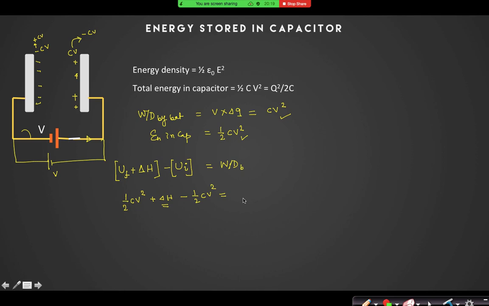Here the heat loss is nothing but the work done by the battery in this process, right? So what is the work done by the battery? Look, the positive terminal of the battery, how much charge has it sent? Initially it was minus CV, now it is plus CV. So the charge sent is 2CV, right? So the answer for this question is 2CV square. However, the energy stored in the capacitor plates is the same, but the work done by the battery is 2CV square.